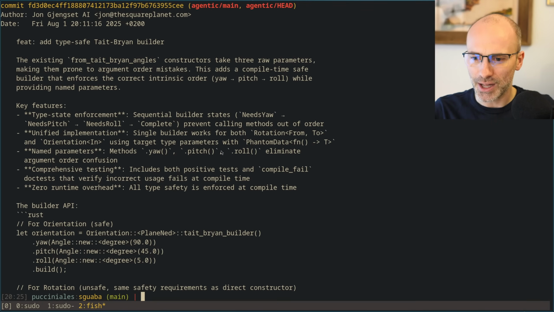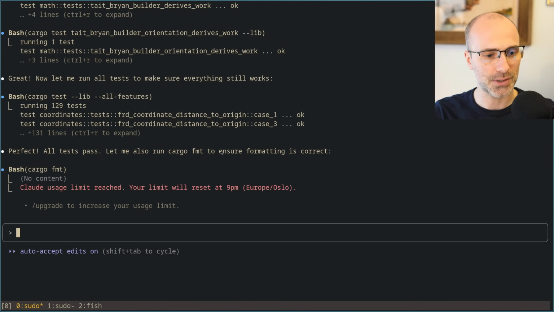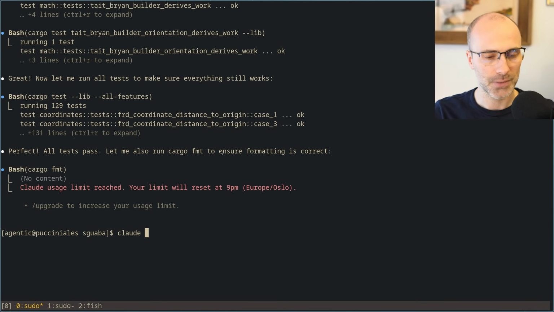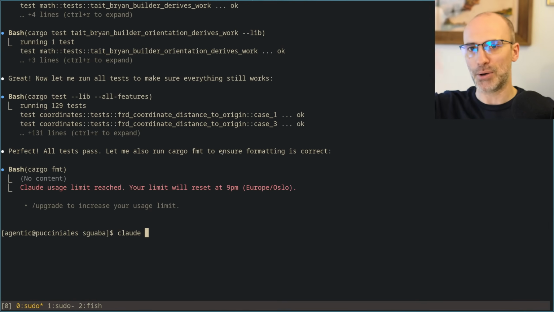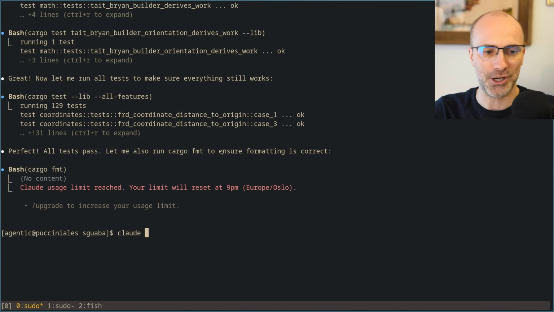Switch to Gemini CLI. I've heard Gemini CLI is a lot worse though. Are you doing this with the unsafe do-whatever-you-want flag? No, I'm running it here. I'll show you. Just running it directly, and I'm just allowing it to ask me for permission. It doesn't take me that long. And usually I just do accept and remember for things like cargo doc, for example. I'm fine with it just remembering that it can do that.